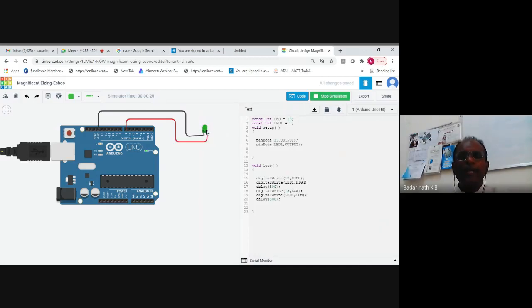If you pass a current of more than 20 milliamperes through the LED, the life cycle of the LED comes down. The LED which used to work for a number of days will last less. So it is better to always use every component with the proper specifications. So I want to limit the current. Now, what is the current?